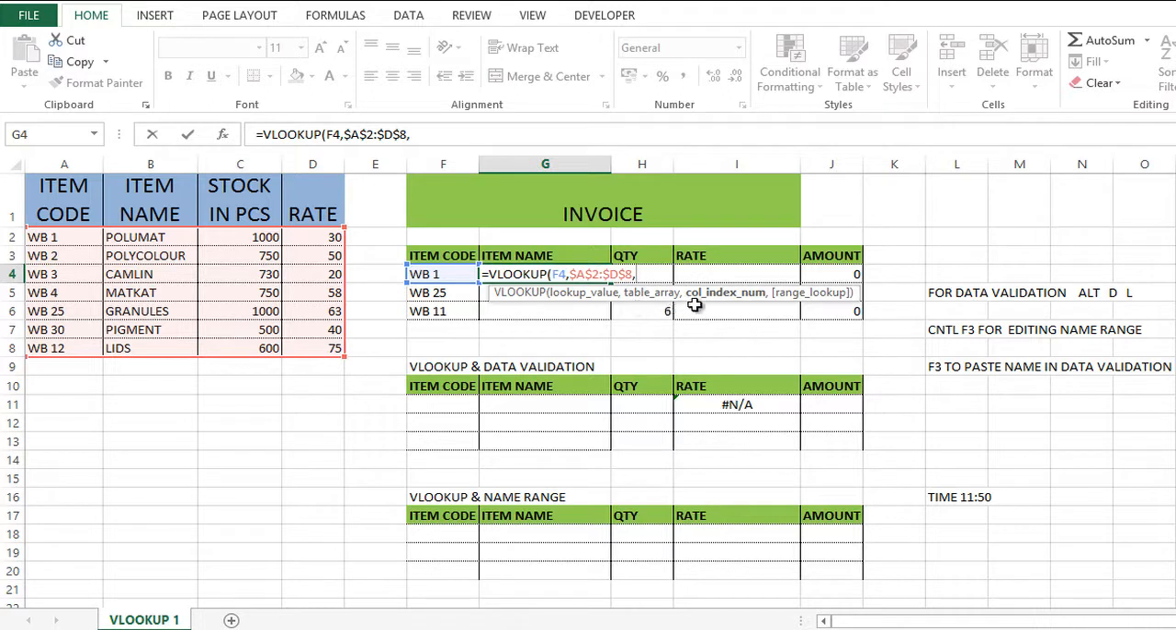Now it will say that okay, I have found this item code here. Now tell me from which column you want the actual answer. So my item name is in the second column, so I will give 2 here, which is my third input, comma. Now give 0, which is for exact match,